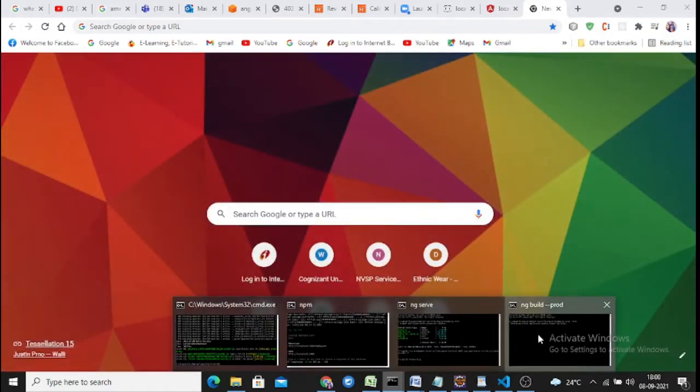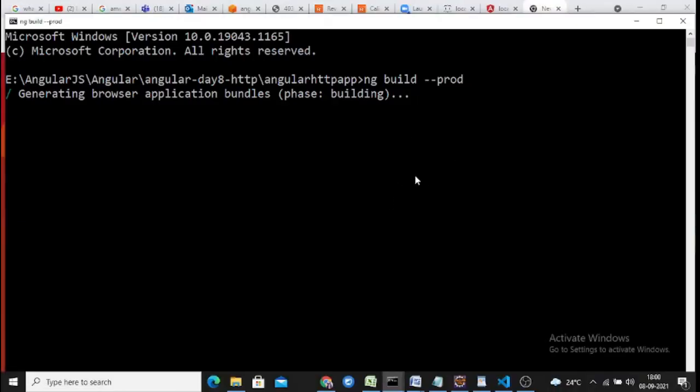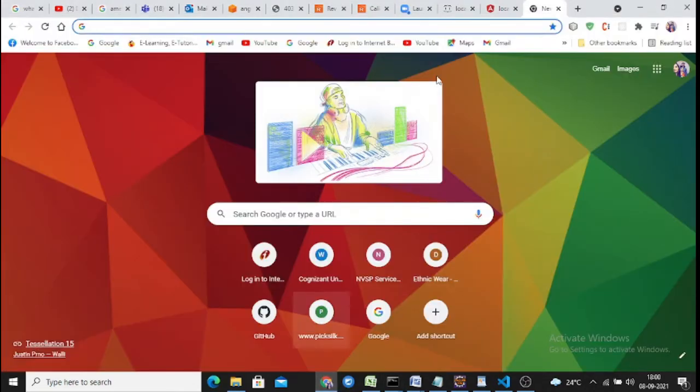So for which, first of all, we need a build to be created. The build has started; it's still building. By the time it builds, okay, let's make our S3 bucket ready. So let's move on to